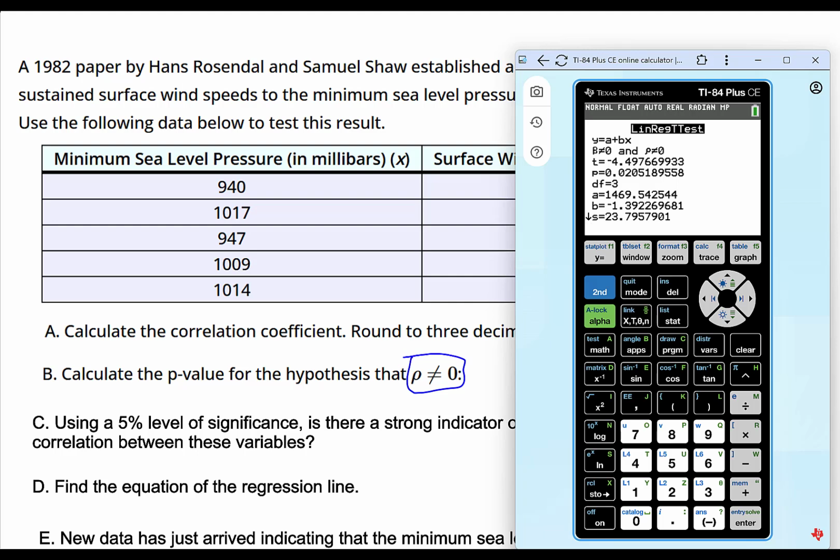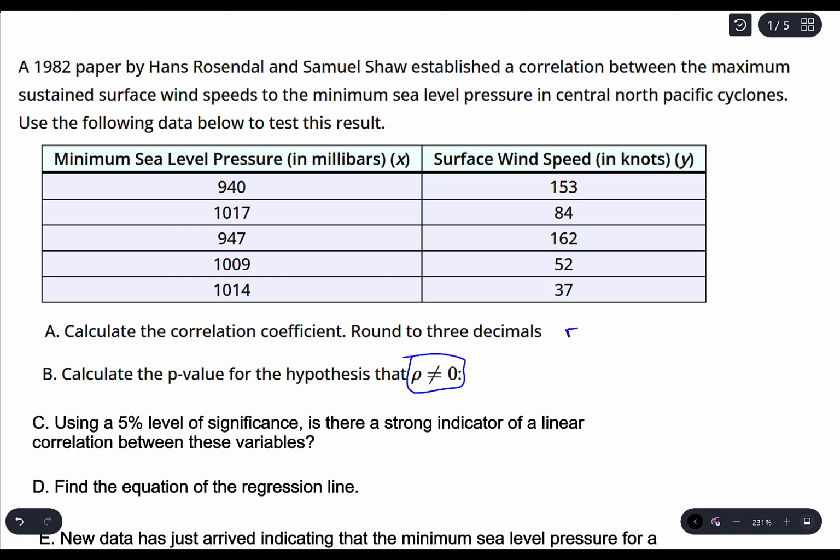The correlation coefficient, that is at the bottom, and it's the value r. So in this case, it's negative 0.933. So r equals negative 0.933. That's all we need there. Now, that is a very high, in absolute value, it's very close to 1. So that's a very high correlation. So we've got a pretty good chance that this data is correlated,